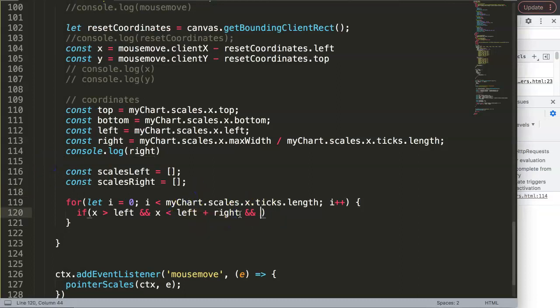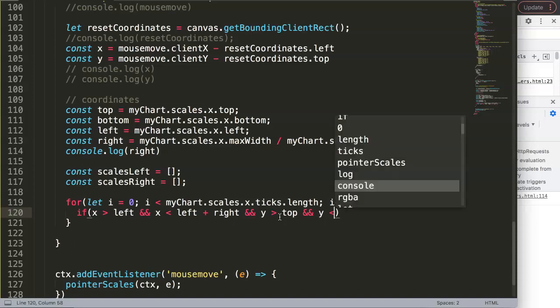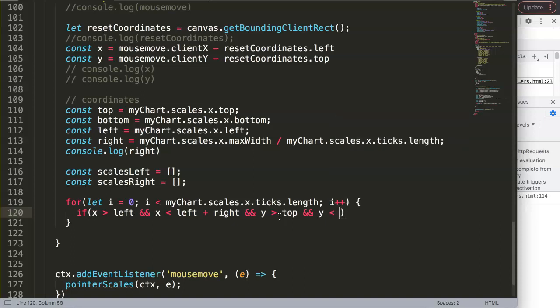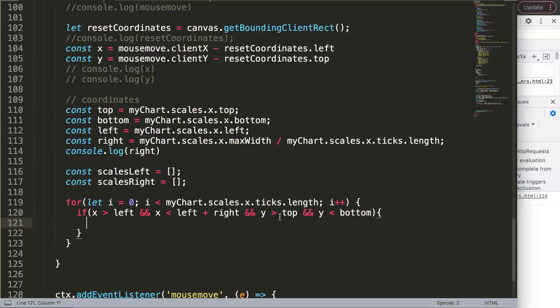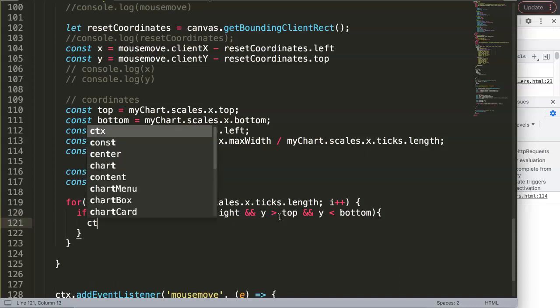All right. And then we need to make sure that the y value is larger than the top. This is the easiest one, because the top is always consistent. And the y value must be smaller than bottom, which makes sense. So once we have this, in that case, we're going to say here,